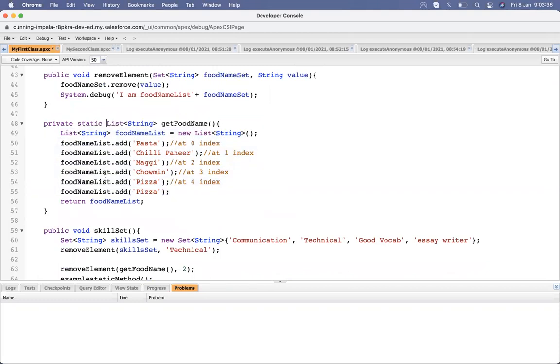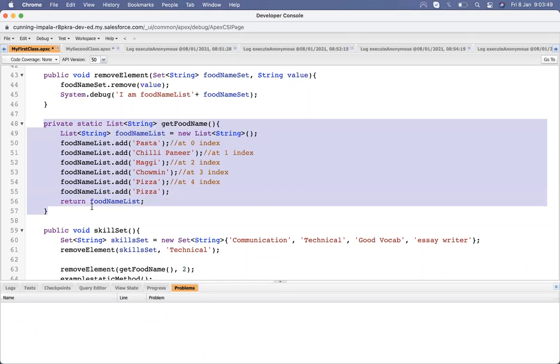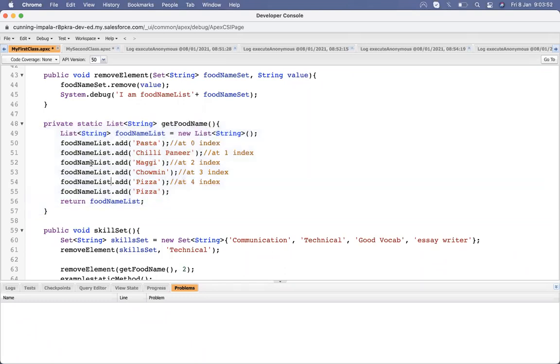So we don't need to worry whether it's initialized or whether it was called first or not. Once it's called, whenever its memory gets allocated, we get those values. So whenever we are initializing something, or putting some values on which we need to perform some operation, we just put it in static methods, so its memory gets allocated, and we need not worry, we just start using that thing.